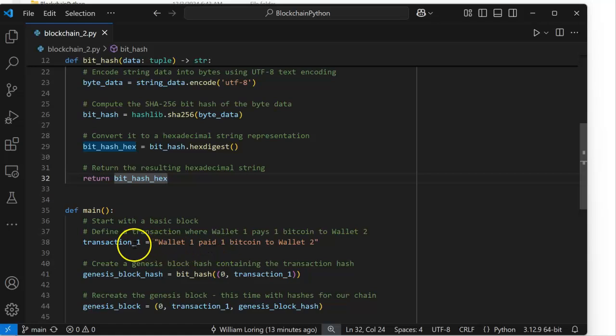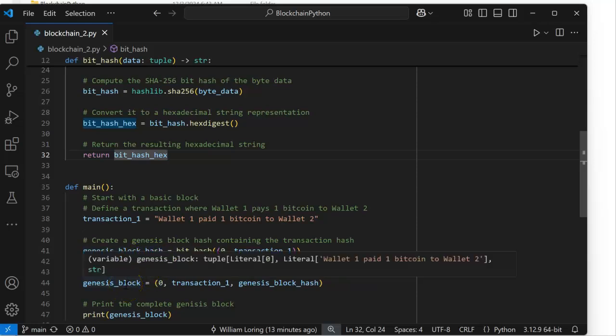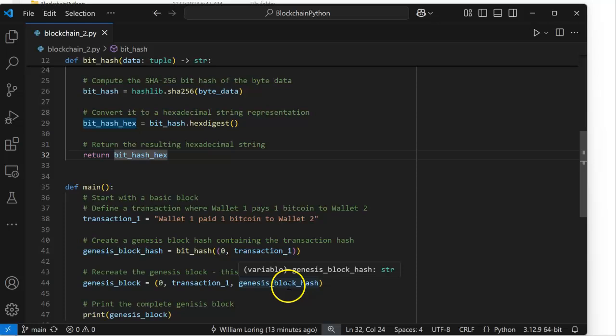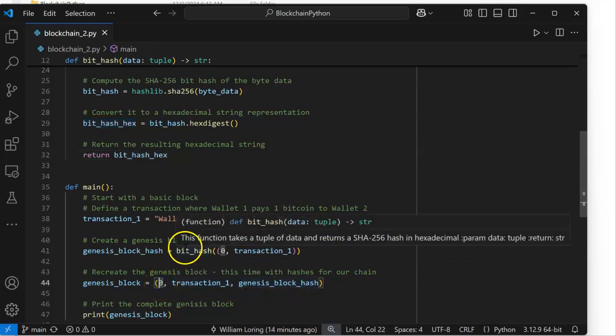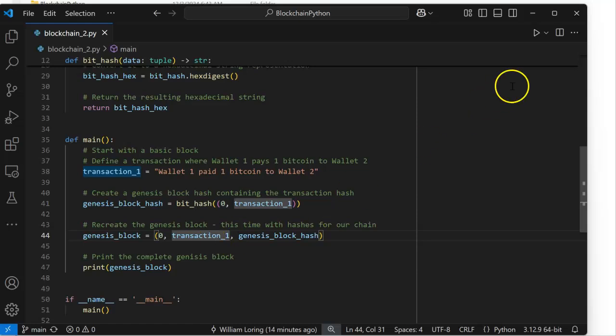So here's our transaction 1. We have our Genesis block hash. We bit hash the transaction 1, and we have a Genesis block hash. Now we create our Genesis block with the hash of the Genesis block. This is our 0, meaning this is our first one. This is our transaction. So now we have our first Genesis block,